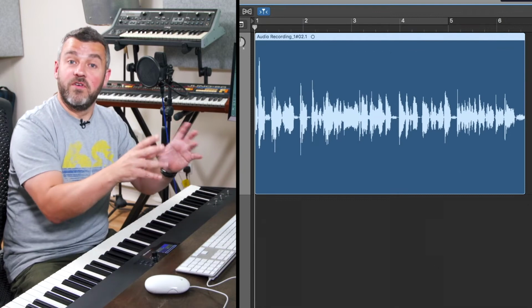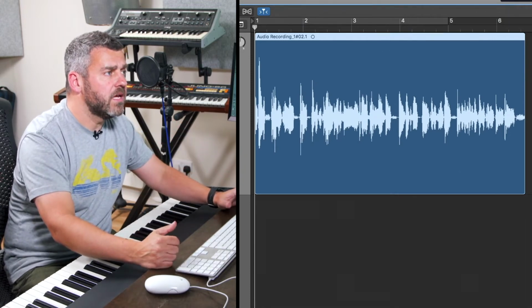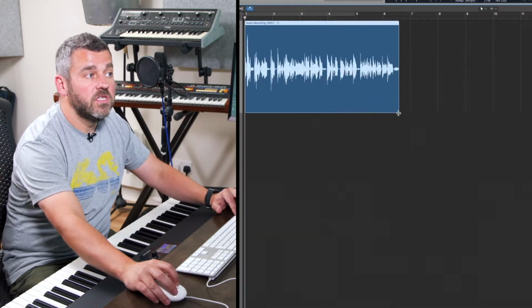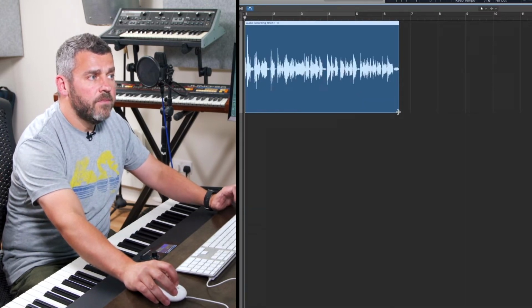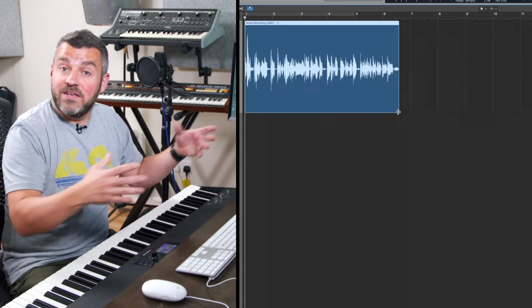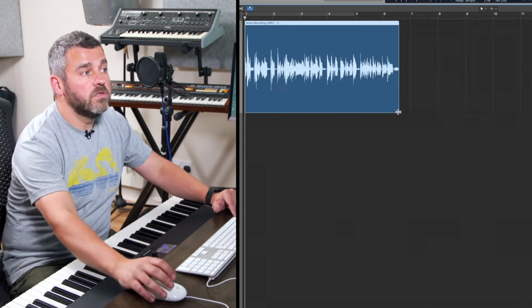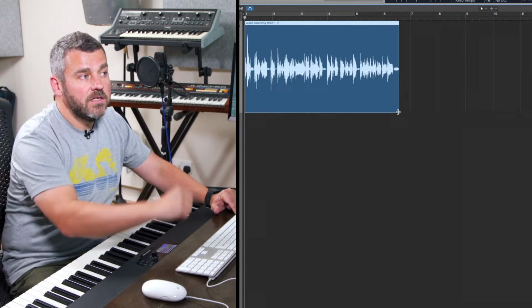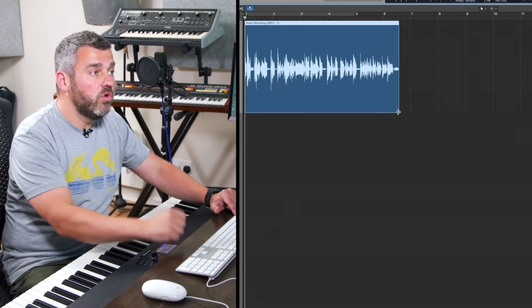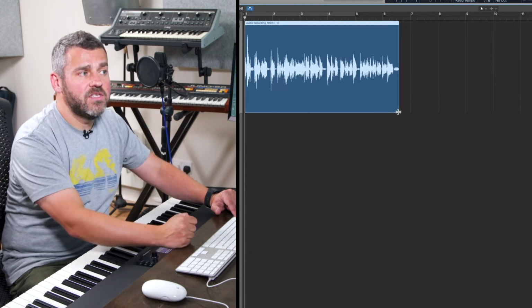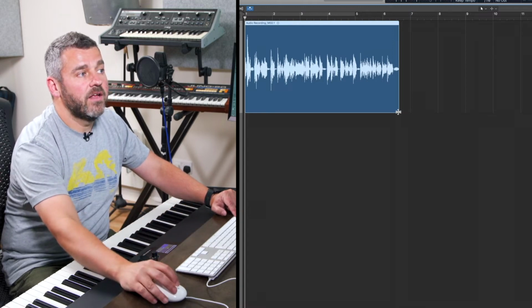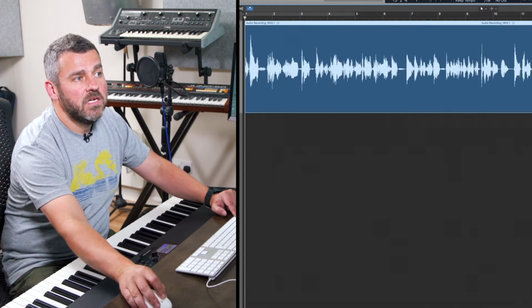Okay, so we've got our little reverse button and that's doing one particular thing. So how might I time stretch a file? Well, in order to do that, I can again go to the bottom right-hand corner of this file, but rather than just dragging it out and making this section go back to the length that it was before, if I hold down the Alt button at the same time, you'll see that the little display on the screen is toggling between simply controlling the right-hand corner of the file and giving me access to time stretching. You can see the little icon changes. So if I keep that held down and I drag out to the right-hand side, what will actually happen is